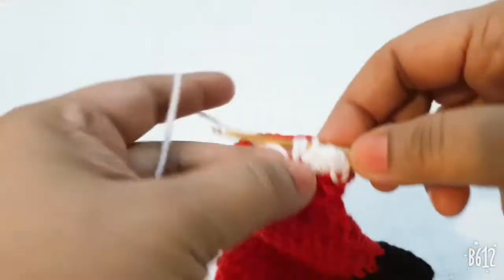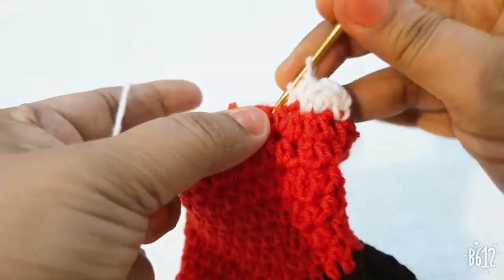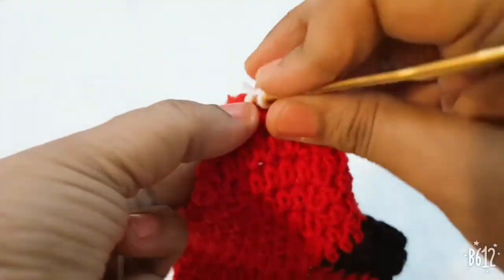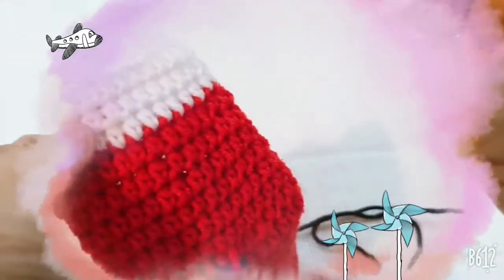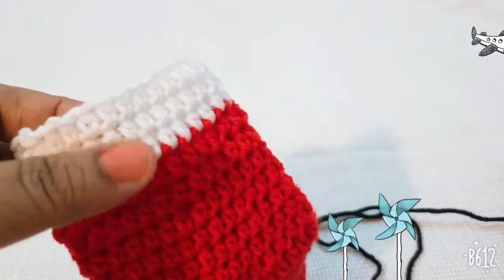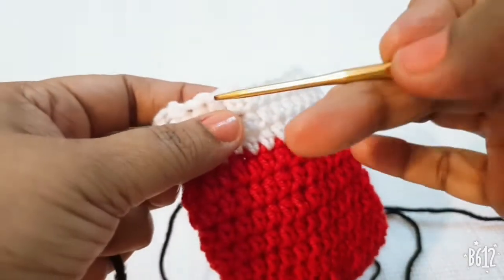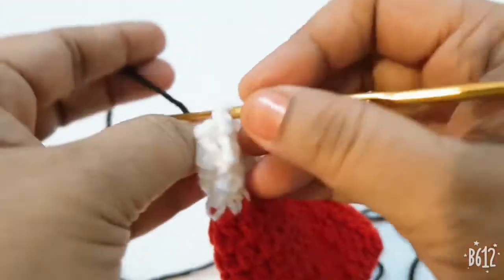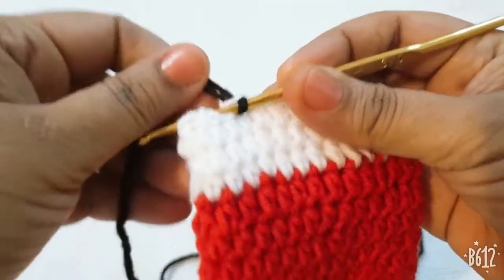You repeat 1 half DC in every stitch of this round, and you make 2 more lines of the same. I have completed my 3 rows of the half DC in white color yarn, and then I am attaching the black color yarn in any stitch of the previous round. Join it with slip stitch